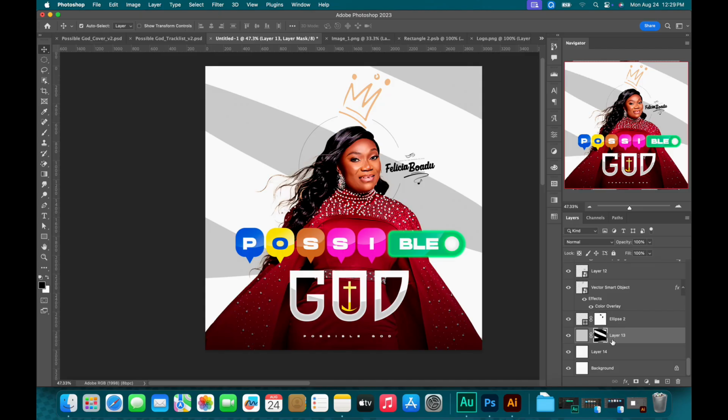Then let me click on the layer itself, reduce the opacity like so. Somewhere like so. All right, let me see. All right, have something like so,